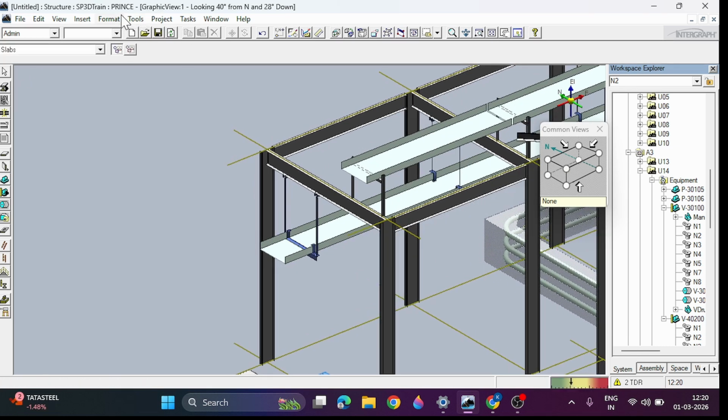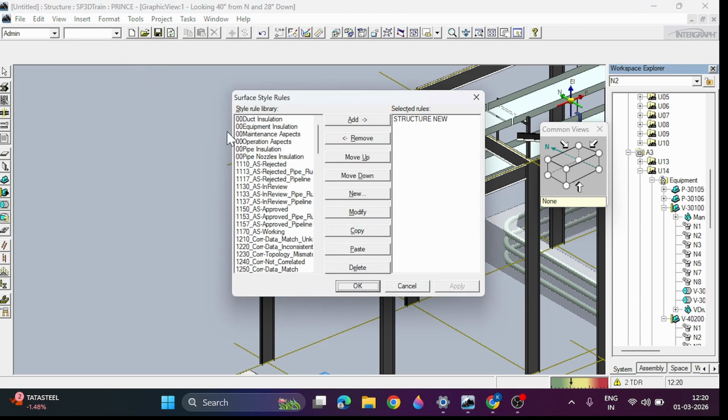So for that, what you have to do, just go to the Format and go to the Surface Style Rule. Then here are the different types of colors which are pre-installed or pre-modified. Okay, so if you want to modify the color of any new or whatever color you want, you can create your new